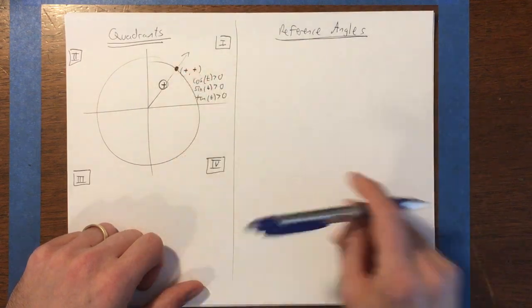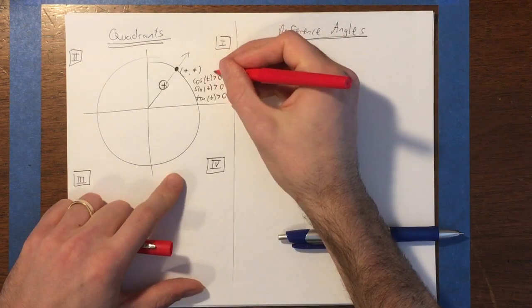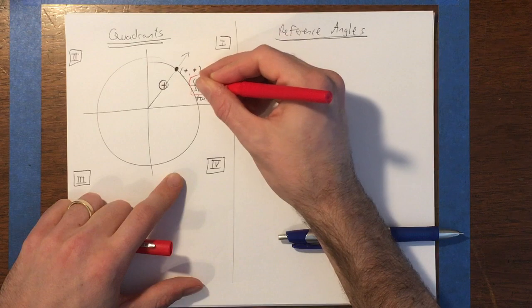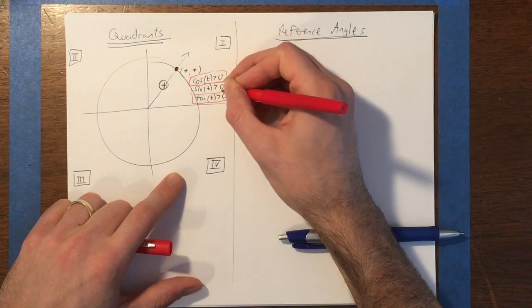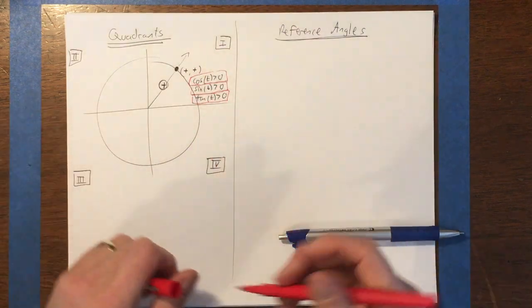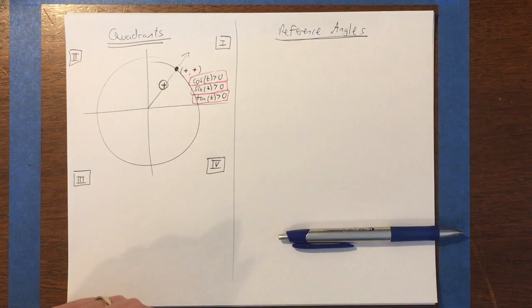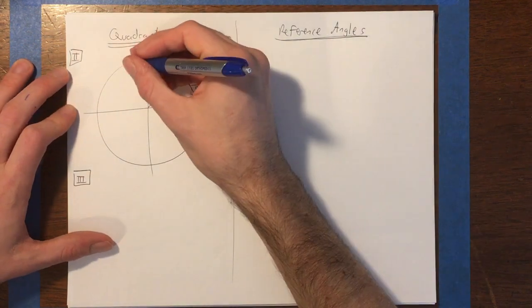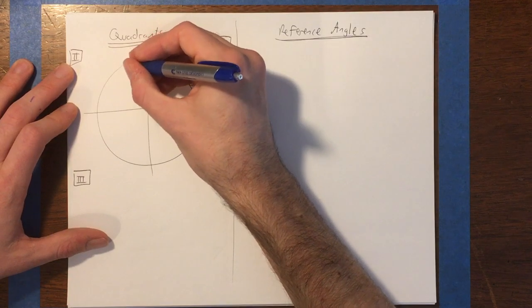So in the first quadrant, all three of those trig functions, the main three, sine, cosine, and tangent, all three of them are positive. In the second quadrant over here, if you have a point in the second quadrant,